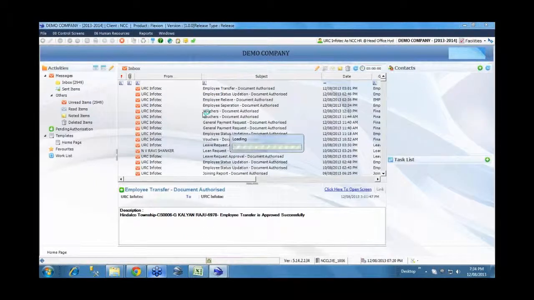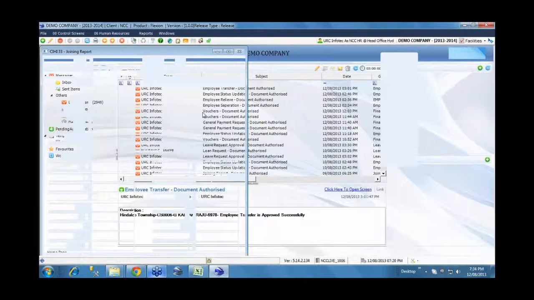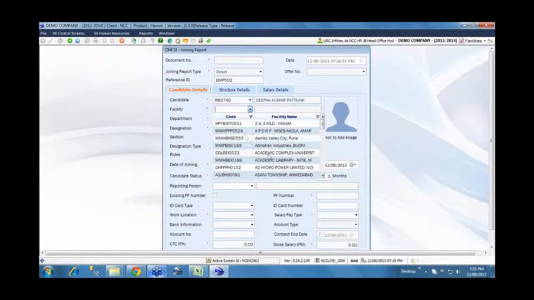This is the first place wherein we confirm that this employee has joined the organization. So that's an entry, wherein we specify his grade, department, supervisor, and all of that information. Okay, whether it's a direct rejoin or contractual employees, wherein we take employees on a 2 months or 3 months contract alone. So you specify that, just quickly capture the detail and apply this pay structure and then see how it's automatically applied.